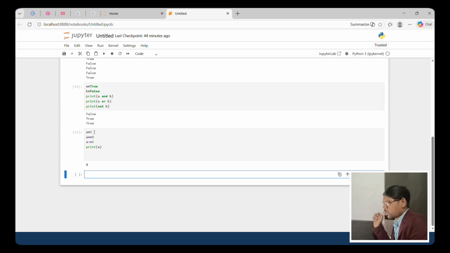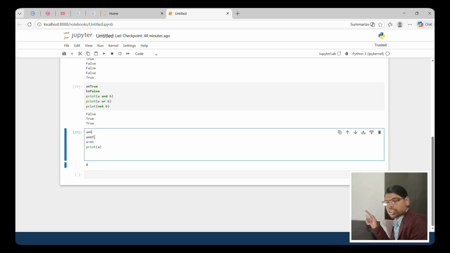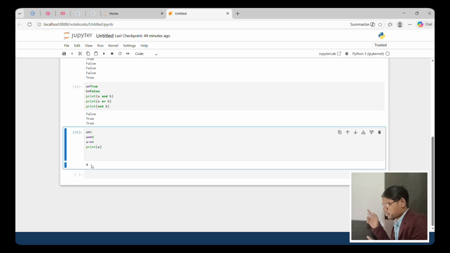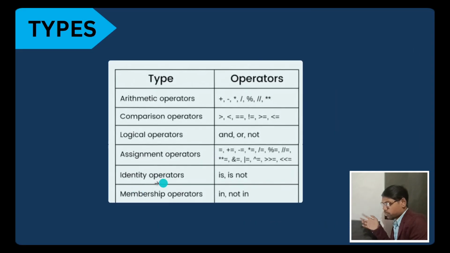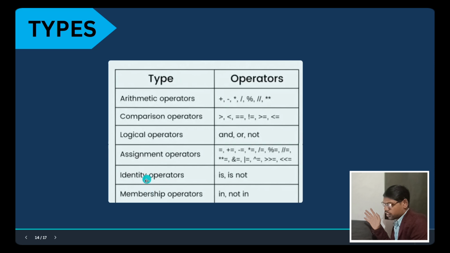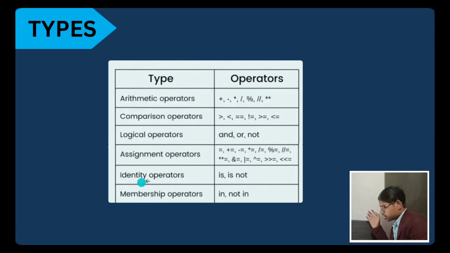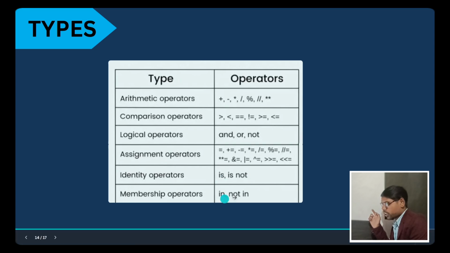Yes, 8. So 6 plus 8 is 14, 14 minus 6, of course, 8. Okay, and check. Yes, this is most important. Just 2 points, 2 operators. Okay, first identity operators: is and is not, and membership operators: in and not in.